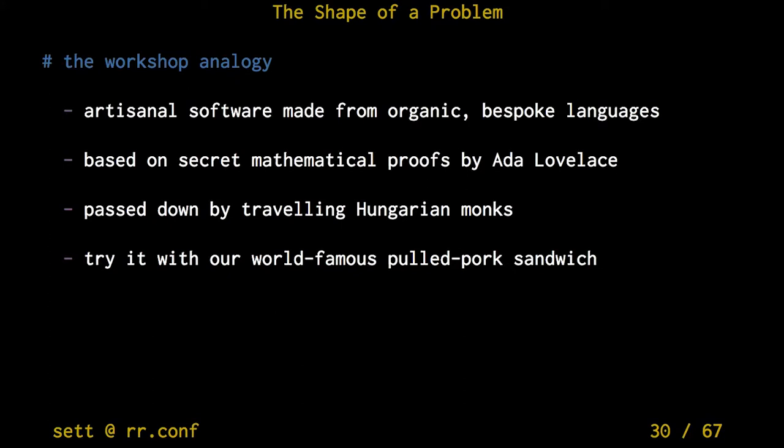Why is it always pulled pork? I don't know. If you go to a lot of craft beer places, they always have pulled pork sandwiches, and they pair that stuff. Anyway,